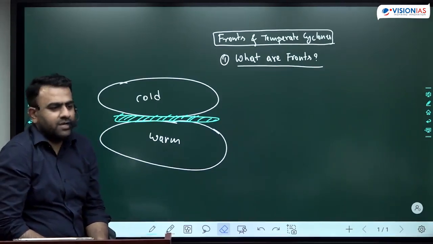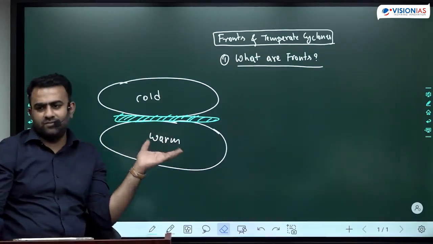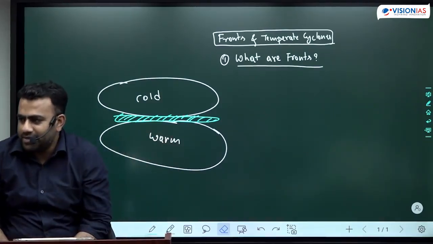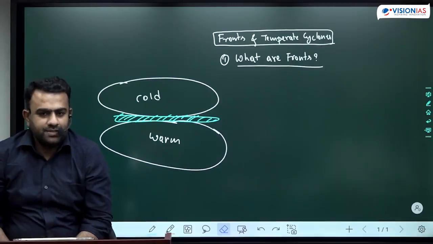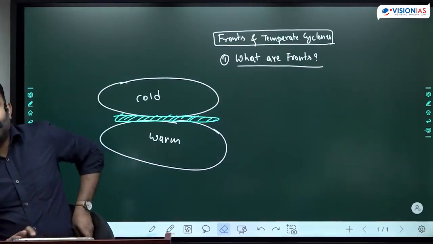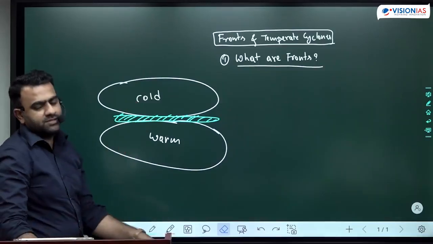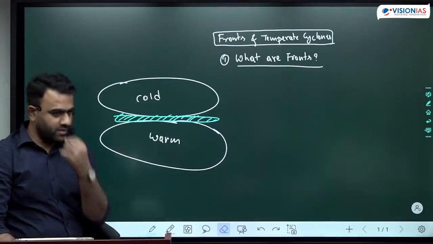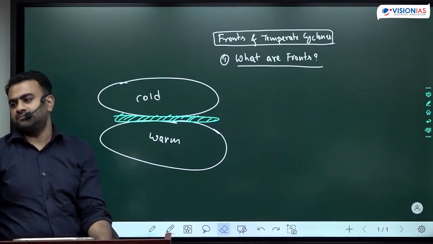Okay, so we assume the air should mix. Okay, so this is also air, that is also air, दोनों gaseous particles हैं. When both of them are brought together, why don't they mix? That is the nature of air mass. Air masses don't mix up very easily, particularly opposite nature of air mass. Okay, जब दोनों अलग अलग टाइप का होता है, this is a cold air mass, this is a warm air mass, that is a cold air mass. Warm air mass will not mix up with the cold air mass, cold air mass will not mix up with the warm air.